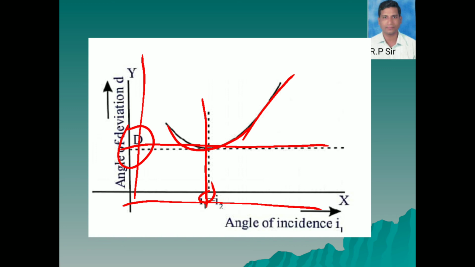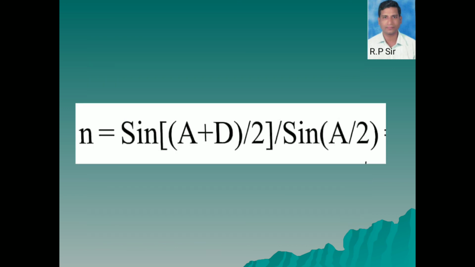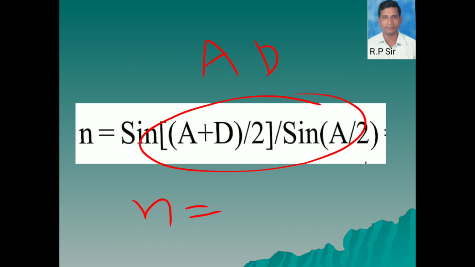If you do the experiment with this angle of incidence, you will get the angle of emergence, which is equal to the angle of incidence. Substitute capital A value which we measured first and capital D value which we got from graph in this equation, that is n equals sin((A plus D)/2) by sin(A/2). Then we will find the refractive index of prism. Like this, we will find the refractive index of prism. So finally we get the refractive index of prism n equals 1.5.